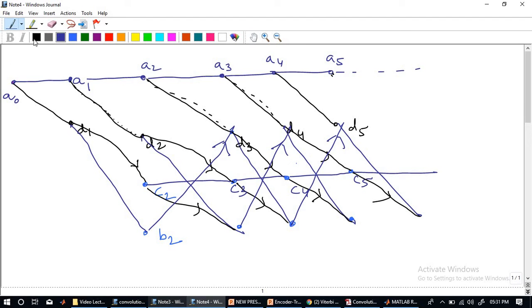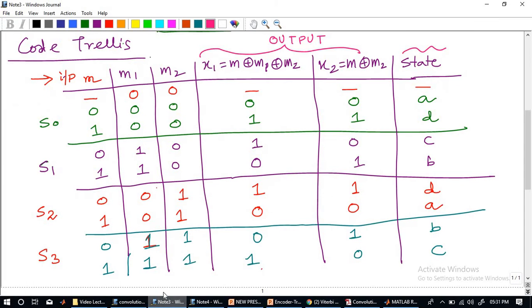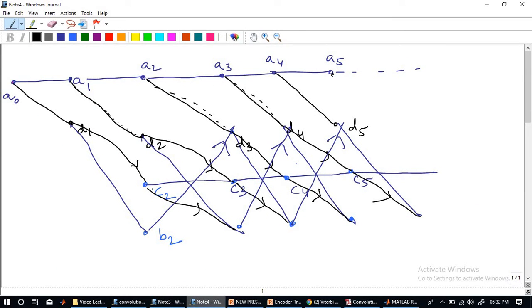Similarly, for B state and 1 coming in, the state is A. So your A is somewhere over here. Please check that we are not going back. We are only forwarding it. When we are starting with B2, we are not going back connecting to A1. Only the forward direction in which we are looking at. So similarly, suppose this is my B4, it will be connected to B5.